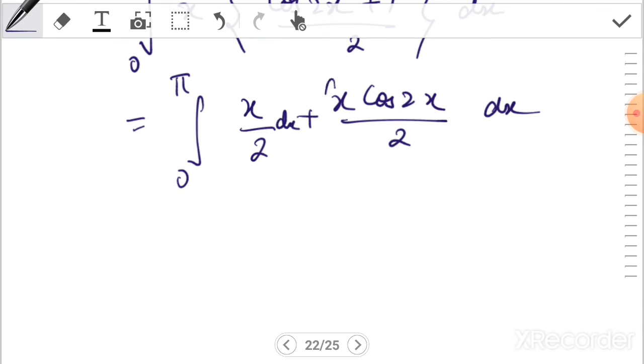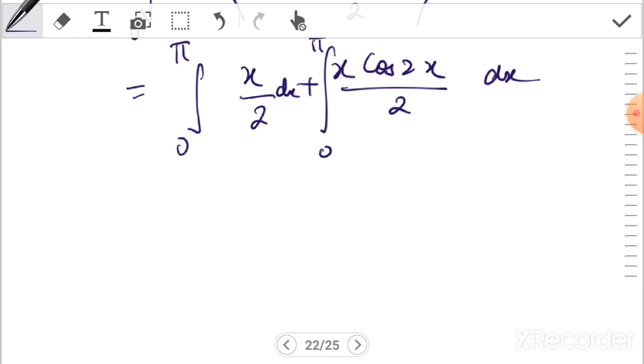dx from 0 to pi. So this will be equal to x square by 4, from 0 to pi, and if you evaluate this, so this is in the u into v form, so taking x as u and v as cos 2x, then